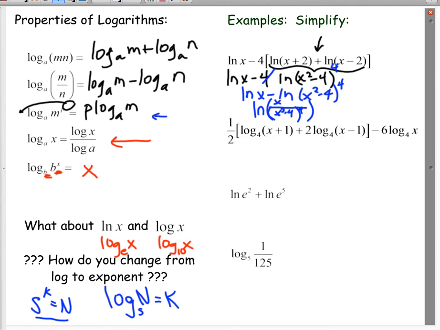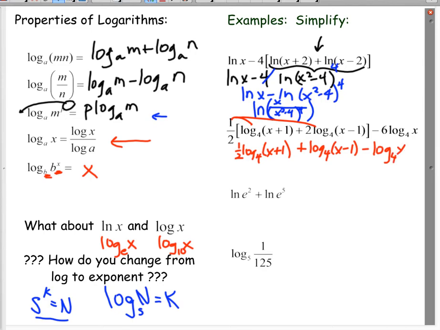The next one, let's see. I really have a choice here. I could move this 2 over here and put it up here, or I could distribute my 1/2. There's not really a right or wrong. I think I'm going to go ahead and distribute the 1/2. So when I distribute the 1/2, I get 1/2 log base 4 of x plus 1 plus 1, because 1/2 times 2 is 1, log base 4 of x minus 1, minus, I'm going to go ahead and move that